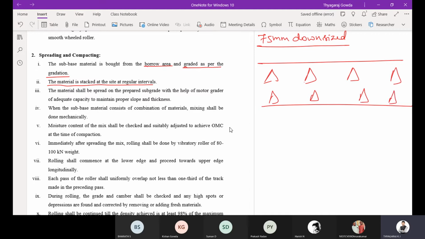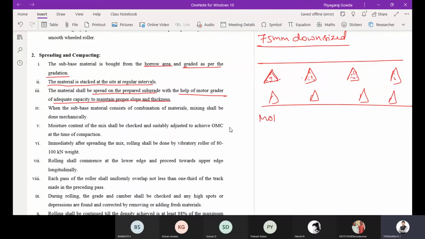Then the materials shall be spread on the prepared subgrade with the help of a motor grader of adequate capacity to maintain proper slope and thickness. We have stacked the aggregates in the field; heaps of aggregates we can observe on the field.